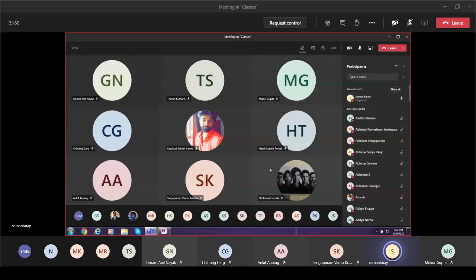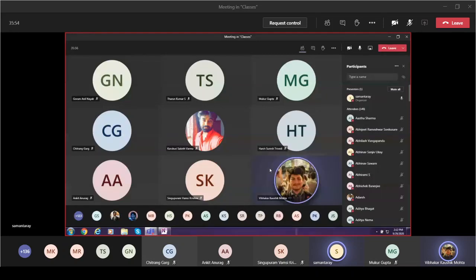MATLAB is free for Institute ID, sir. Yes, it is free for Institute ID, but how to get it, I don't know. Sir, you can download it from the website, and then enter your email ID and it will automatically log in. Then good. I don't know. They are sending MATLAB 2020 to me directly.